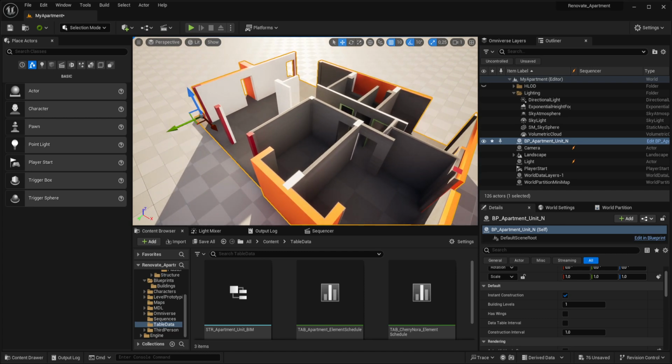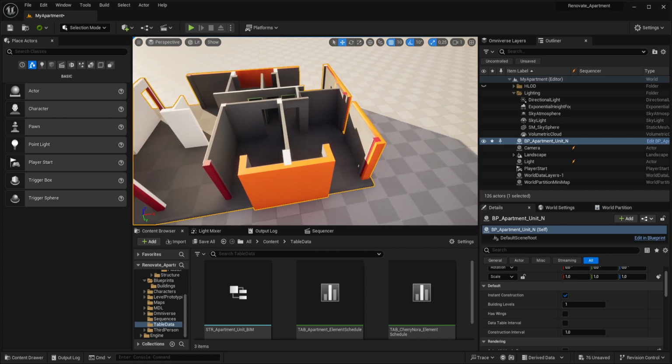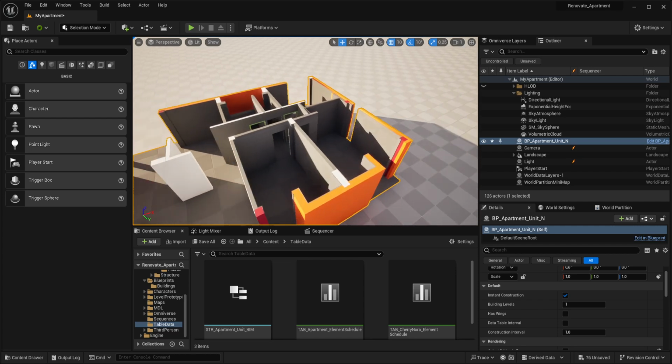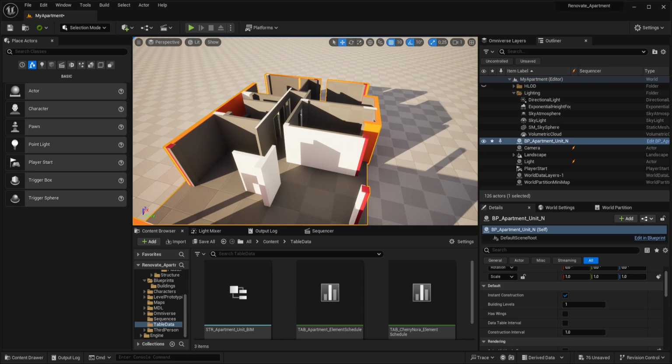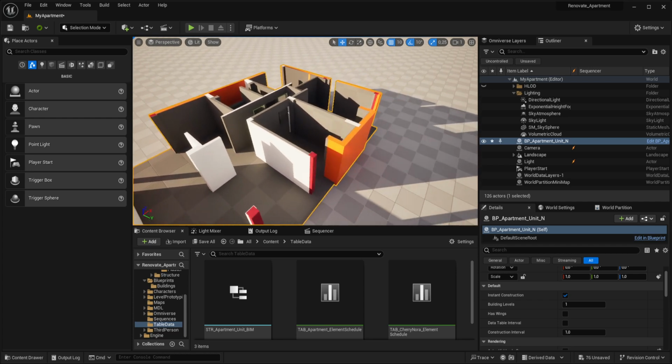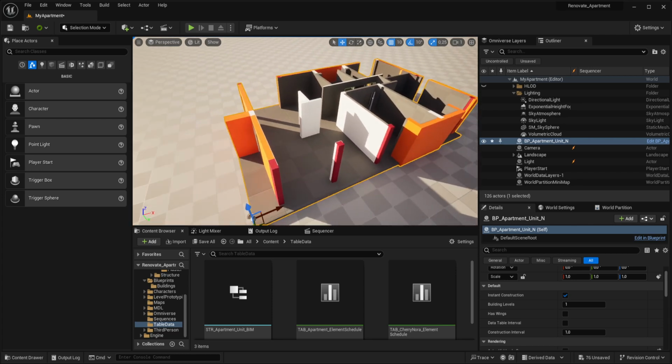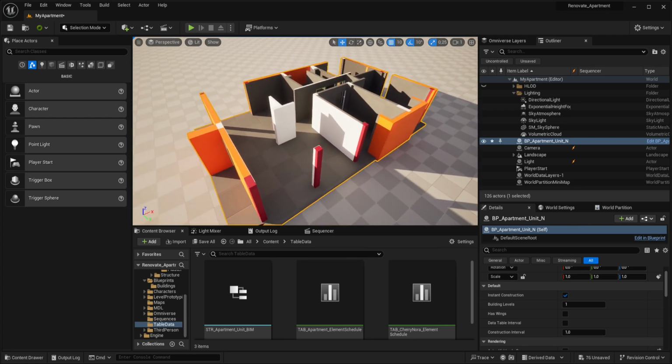Need to do my UV maps and everything, but this building, if you remember, if you watched the introduction video, I showed how it's only the slab and the pillars,